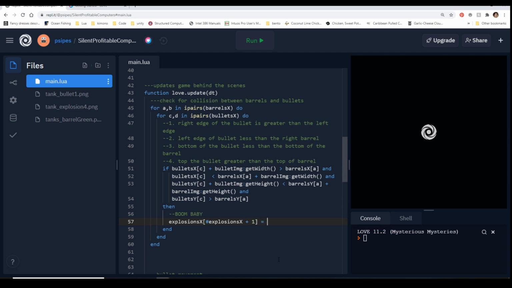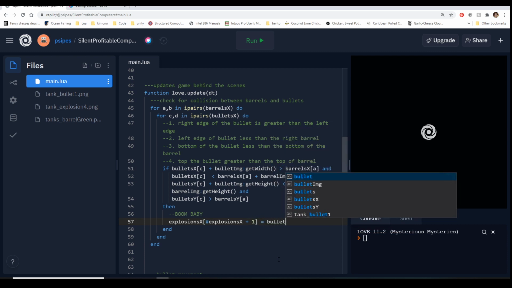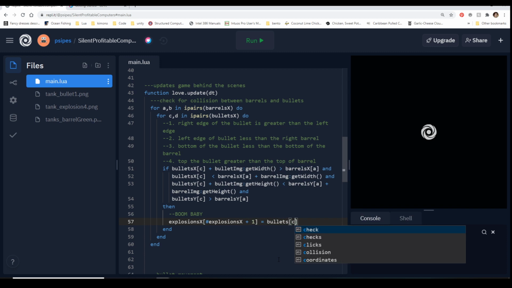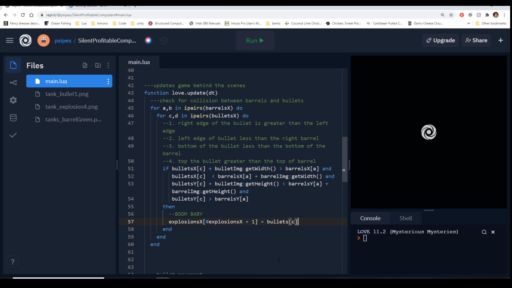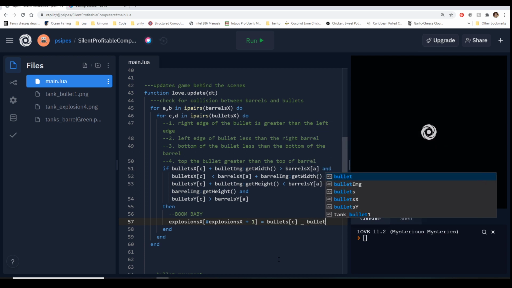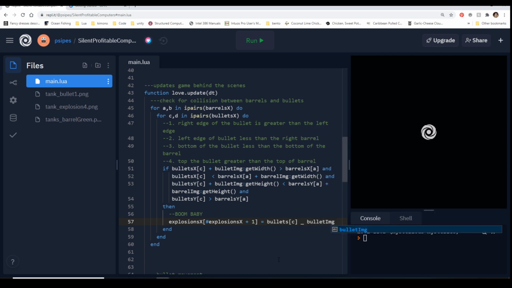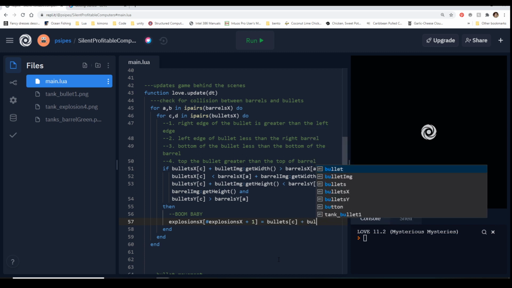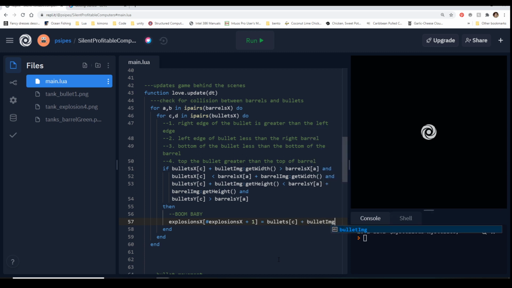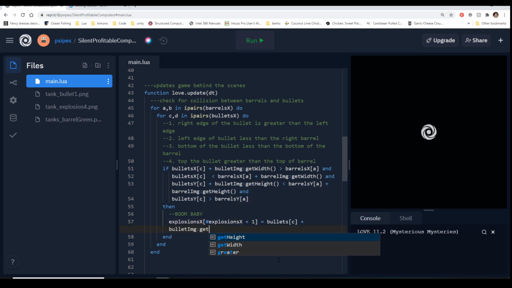And then it's going to equal bullets C, which is the bullet that we're currently on, plus the bullet image. Oh, that is not a plus sign. And get the width.